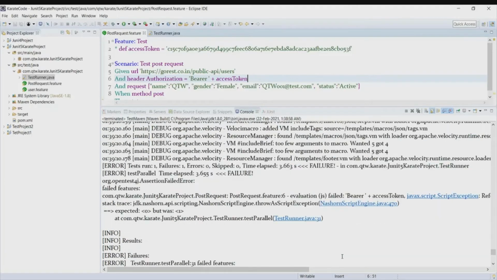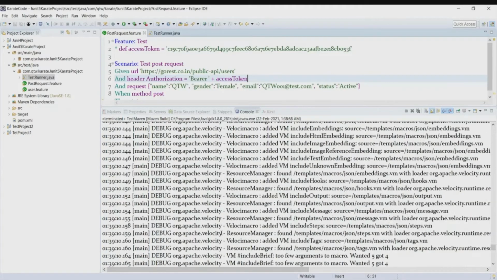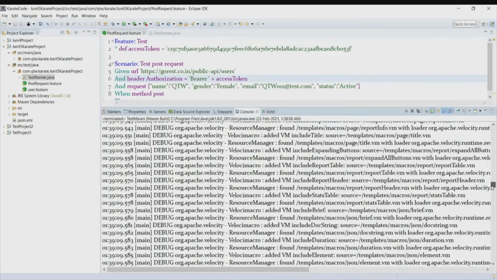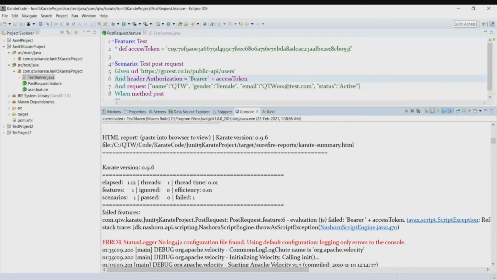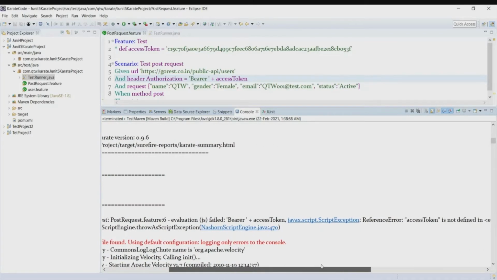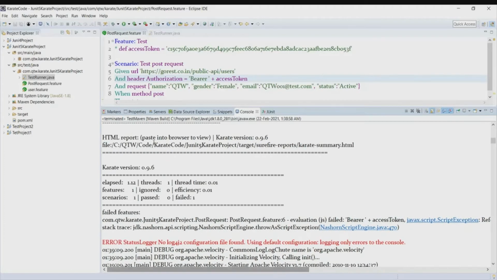Okay, our test has got executed. But there is a failure. Post JSON failed. Access token reference is not defined.